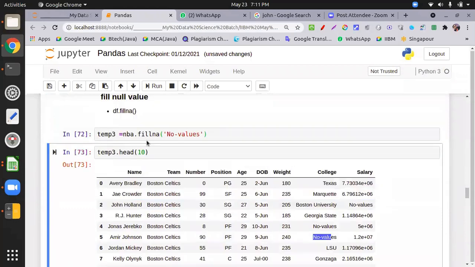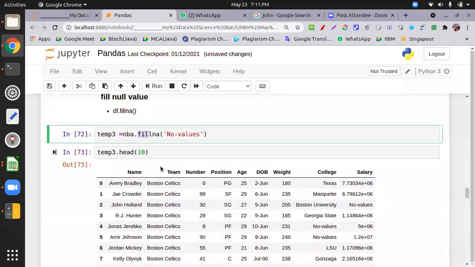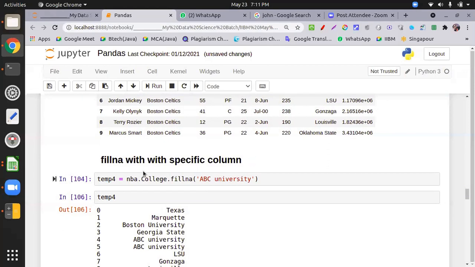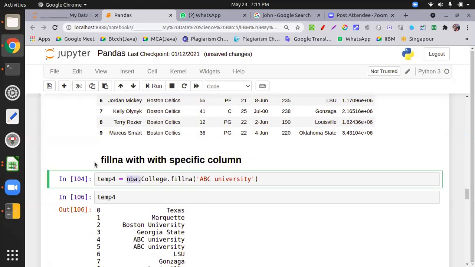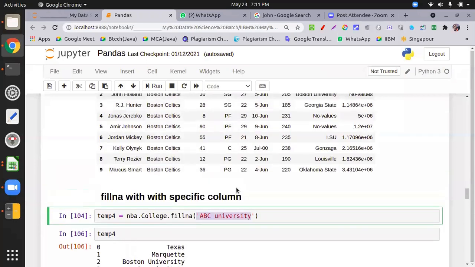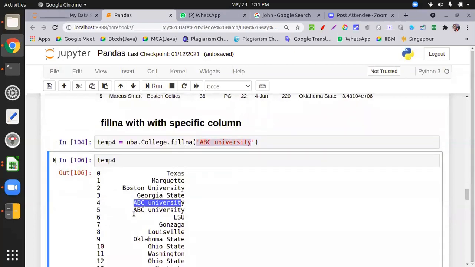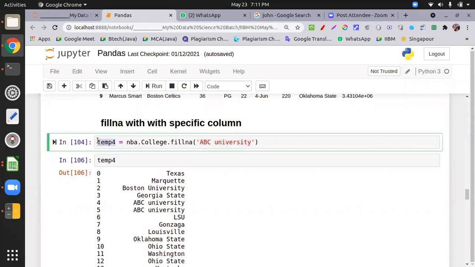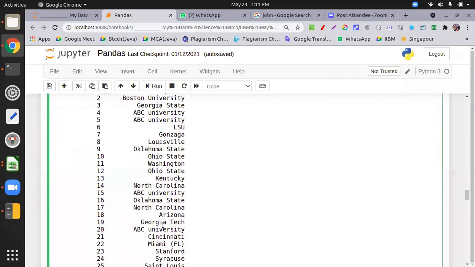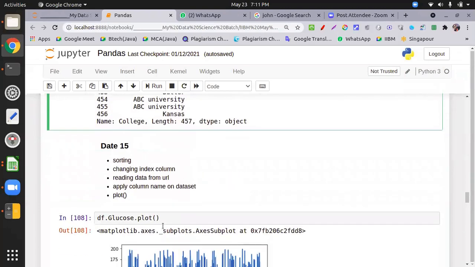All right, now keep this in mind, two functions: dropna and fillna. Now if you want to use fillna with a particular column, take the data frame name, column name, fillna, then the value. So let's suppose in the college column you want to fill a value, say ABC University. Fix the value that you want to replace in that particular column. And each time I am making a new data frame so that you do not tamper with the original data frame.